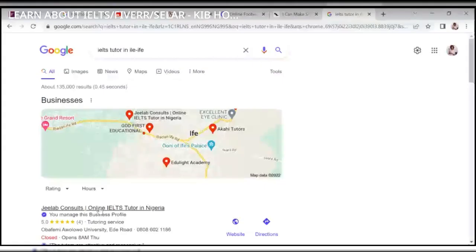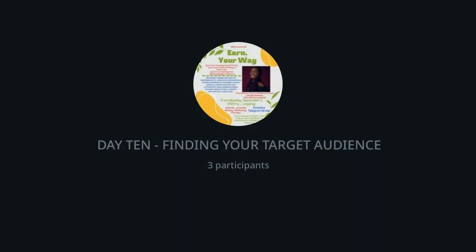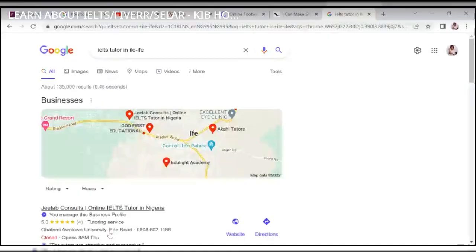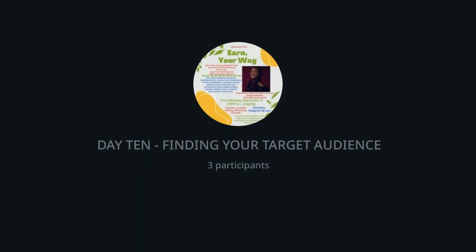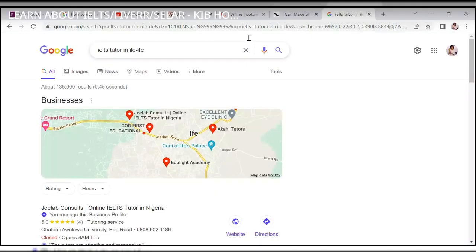So even though I used OAU as my landmark, because I live far off, around phase 2, for those of you that are students in Ife, towards that hospital area, I use OAU as the landmark, as my easy spot. But I already wrote here that it is an online thing. That lady paid for my training. There are people that just do Google searches and find me because, bless you, darling, I use keywords.